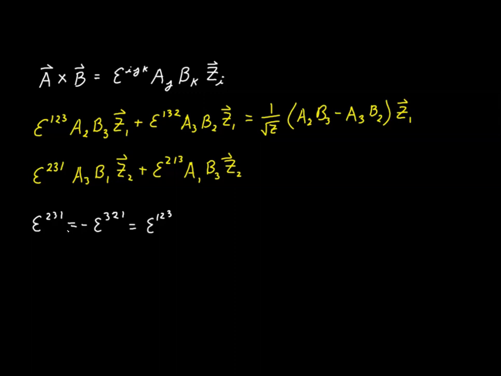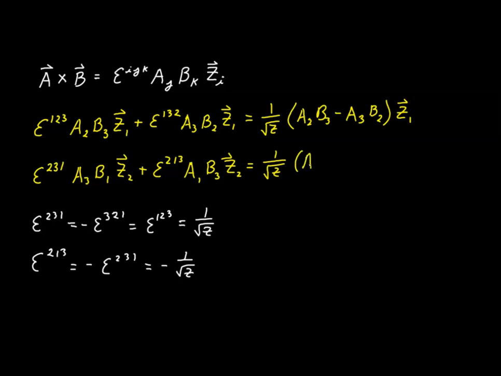And of course, what we're saying is that epsilon 2, 3, 1 is an even permutation. We already know what epsilon 1, 2, 3 is. That's just equal to 1 over square root of z. And then epsilon 2, 1, 3 is just the negative of epsilon 2, 3, 1. We just flipped the last two indexes. And since we already know this answer, then this one is equal to negative 1 over the square root of z. So we can now complete our expression up here, and it's going to be equal to 1 over the square root of z